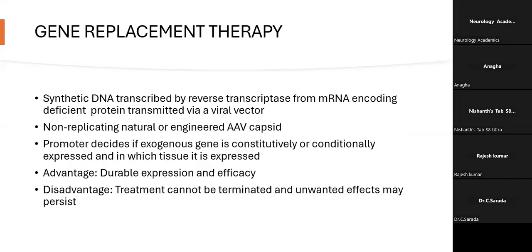The next method of gene therapy is gene replacement therapy. Here, the synthetic DNA that is transcribed by reverse transcriptase from mRNA encoding the deficient protein is transmitted via a viral vector. So the viral vector used is either non-replicating, natural, or engineered, the adeno-associated virus capsid. And in case of this gene replacement therapy, the promoter part, that is the nucleotide base pairs preceding the actual gene that is encoding the protein,